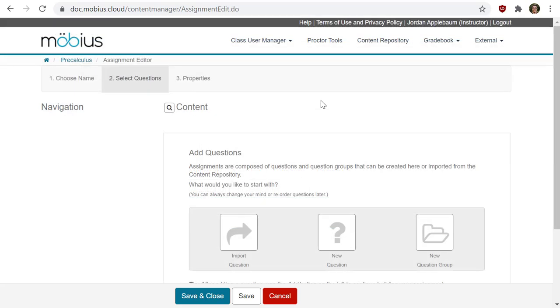Now you may notice my screen just changed. I did jump over to the assignment editor. I wanted to show you how you can create a question from this editor as well as the lesson one. So here, go to the select questions tab, as I already am,